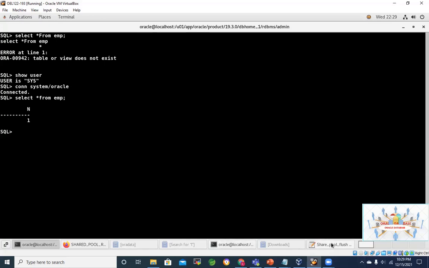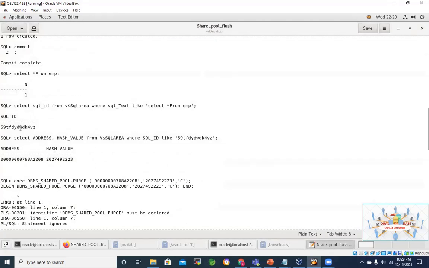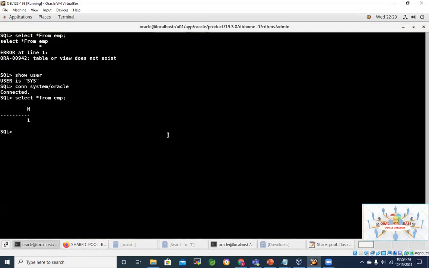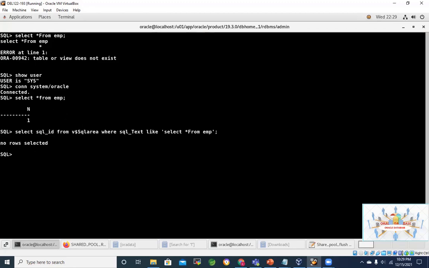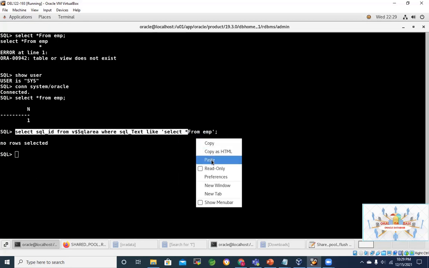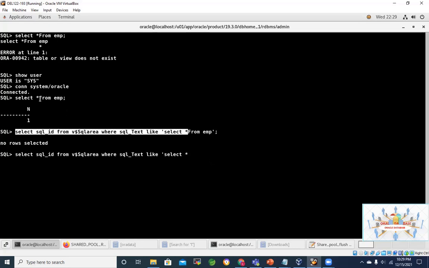The table is there. The very first thing is I just select star from EMP. Yeah, I have already run the command. So I want to get the SQL ID of this particular command. Select star from EMP. Let me check. Select star from EMP. Yeah, so there's a mistake. This is case sensitive. I have used capital letters. Let's remove that case and use simple lowercase.